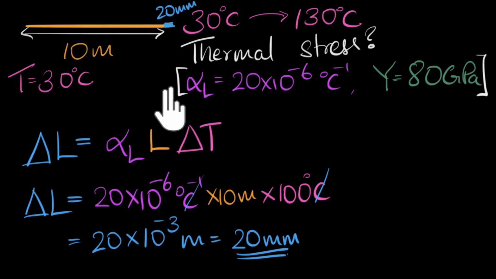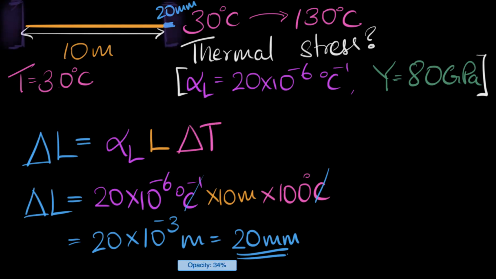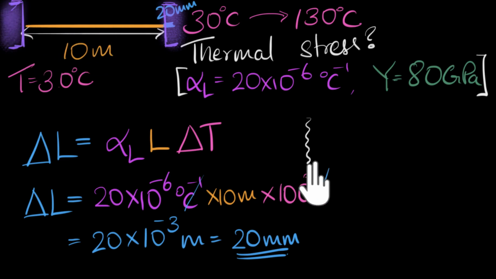Alright, now let's come back to our problem. In our problem, we've been given that there is a wall. So what's going to happen? Well, the wall is not going to allow the wire to expand. So because of that wall, even at 130 degrees Celsius, the length of the wire would still be 10 meters. So by not allowing the wire to expand to its necessary length, it's as if the walls are compressing the wire. You get that? Let's write that down.